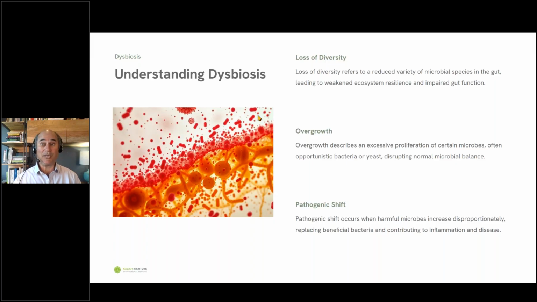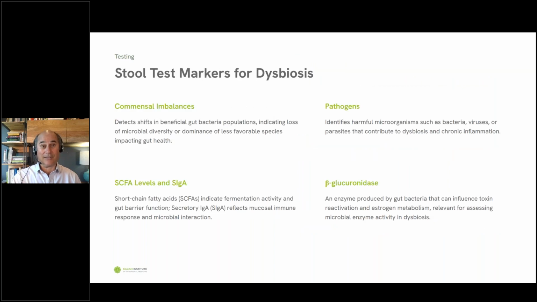That means there's too much of something overgrowing. Some opportunistic organism has decided that you're going to be a target, and because your immune response is weak and your microbiome is weak, these organisms will overgrow. Yeast organisms, bacterial organisms, in general, we call this dysbiosis also. You can also have a pathogen, a pathogenic version of this. Now, this is when you've actually got an infection and it's a much bigger, lengthier solution to deal with.